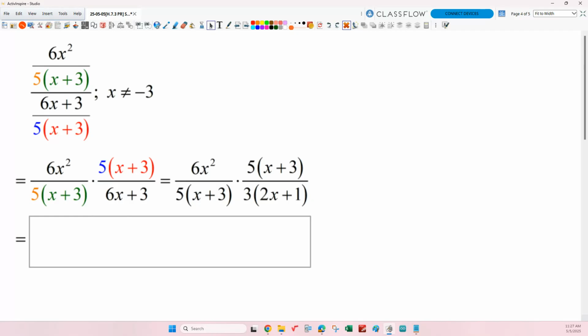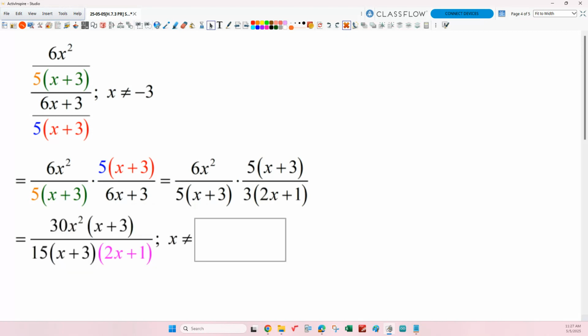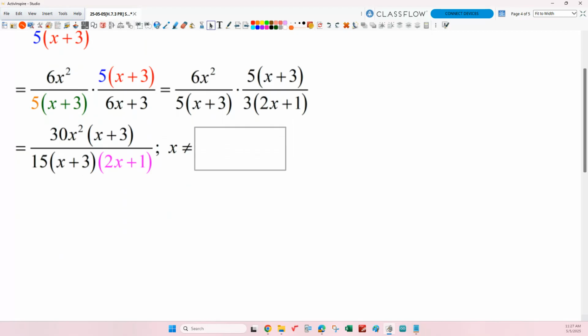Can I cancel these fractions from here? Yes. They copy and paste it to the end. In this case, we pulled out a 3 because we can exclude another value because we have a new denominator. Okay. So if you do 6 times 5, you get 30, right? So 1/2 or negative